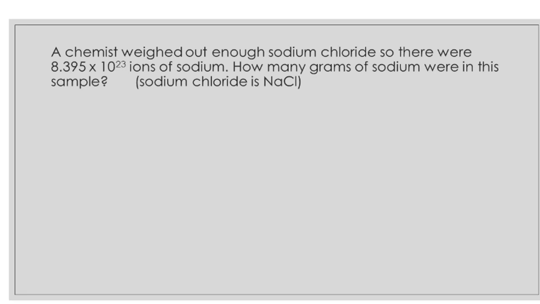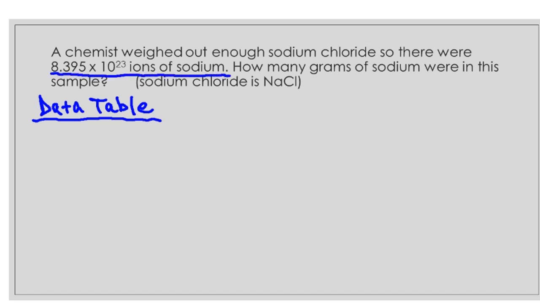We're going to do the same thing that we've always done, and we're going to make our data table first. So data table, and we're really going to read this problem and find out what it's asking. A chemist weighed out enough sodium chloride, so there were 8.395 times 10 to the 23 ions of sodium. And look at that, ions. So if you see the word ions, that should ring bells for you that we're going to probably be using Avogadro's number,